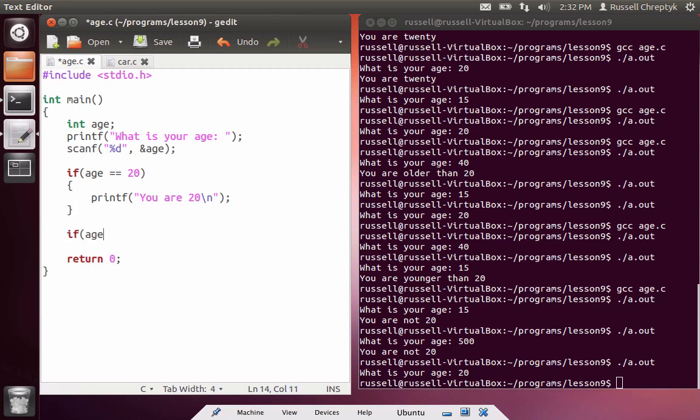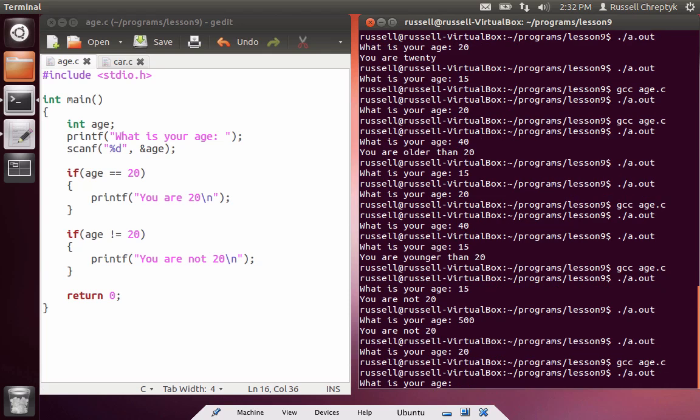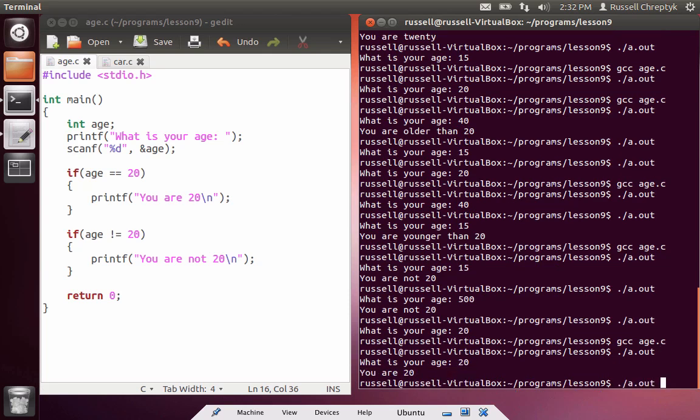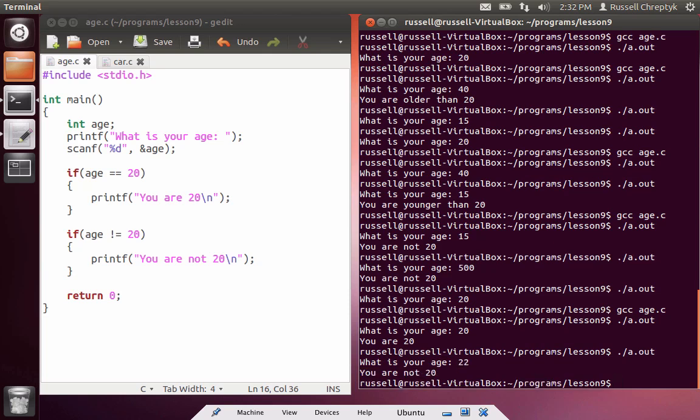So if I write age doesn't equal 20, and then we have an if statement here, then we have a print statement here that says you are not 20. This program will tell them if they're 20 or not. So if I enter in the age and I say 20, it says you are 20. But if I enter in anything else, it says you are not 20. So this works perfectly fine, but there is actually a much simpler way you can do this,